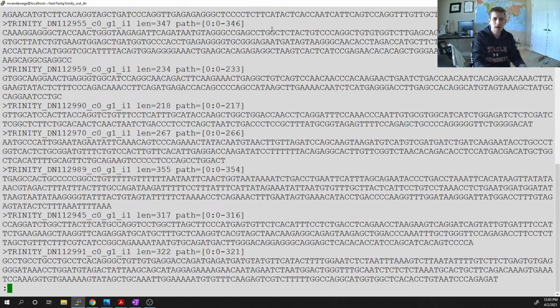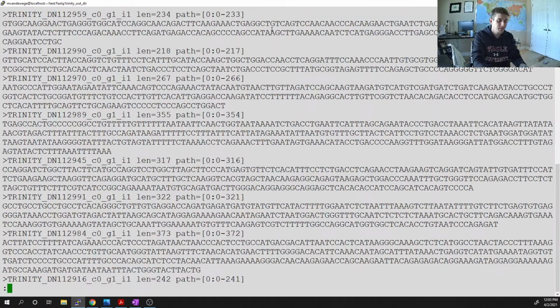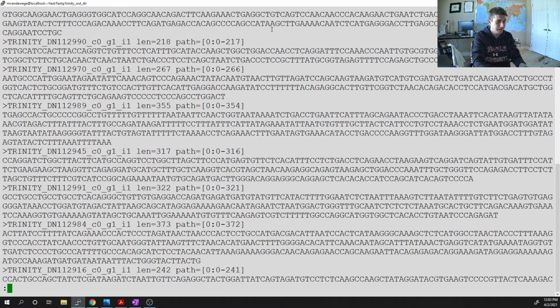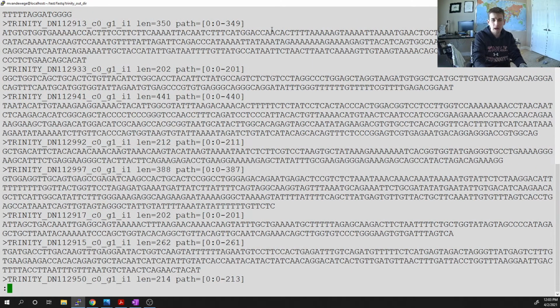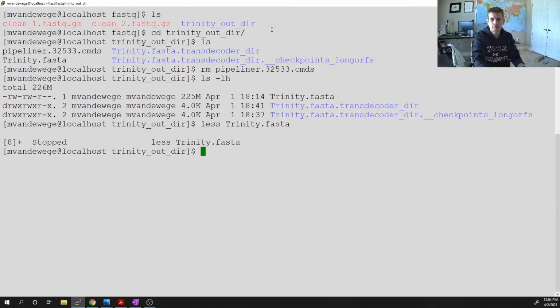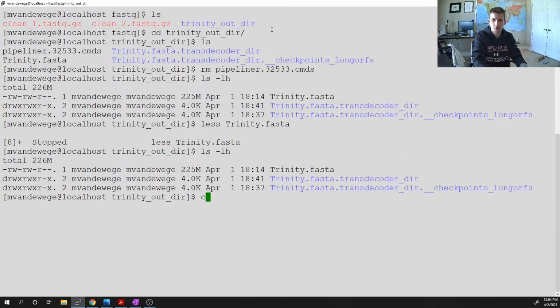So we see a whole lot of different sequences and no annotation. So we have no idea what these transcripts are related to, what genes they're derived from, where they come from in the genome. No idea of any of that stuff. And this is reasonably long. So if we count how many sequences are here, just using a grep -c on the open caret,